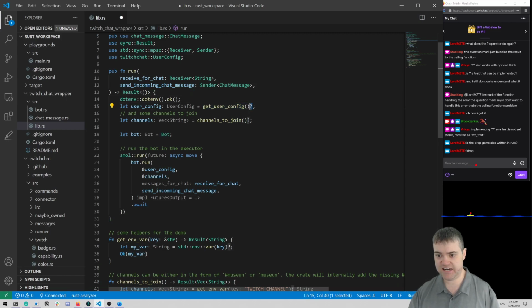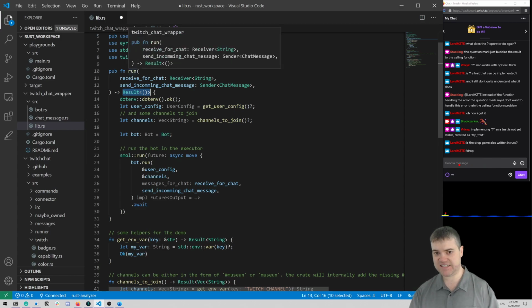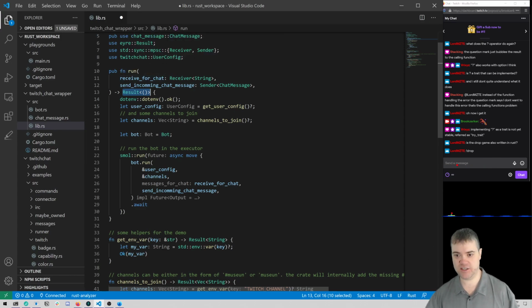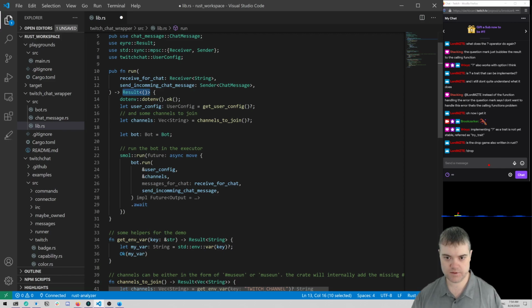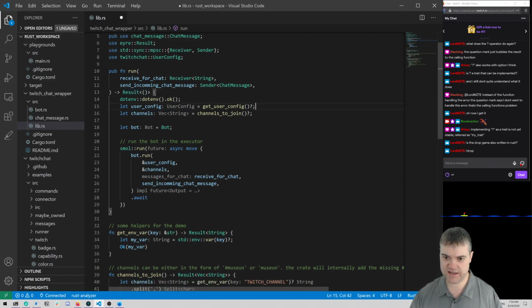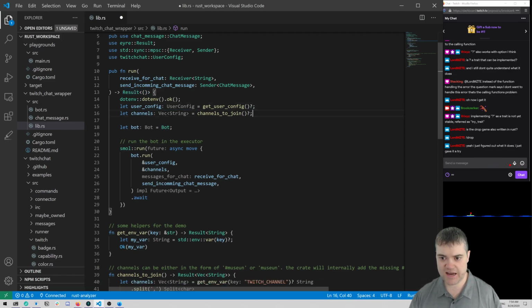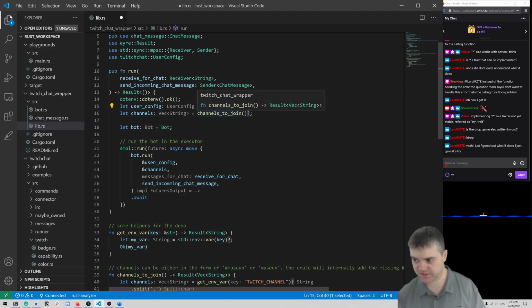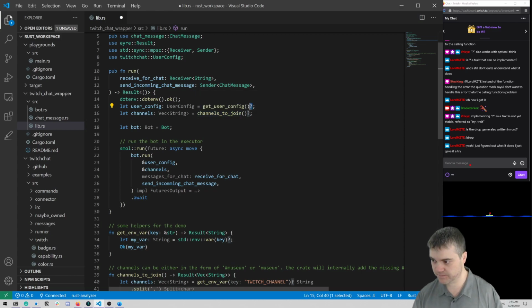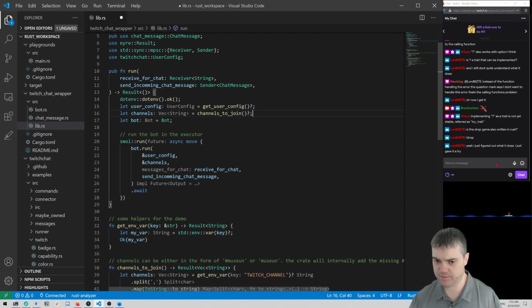The question mark is saying if there's an error, instead of crashing the program, return that error as part of this result here. So it just exits out of this function instead of crashing the program. So we're going to do that both for here, and I think the question mark here is because it's reaching into the environment variables, and so that's what's happening. Yeah, it's a really cool try operator.